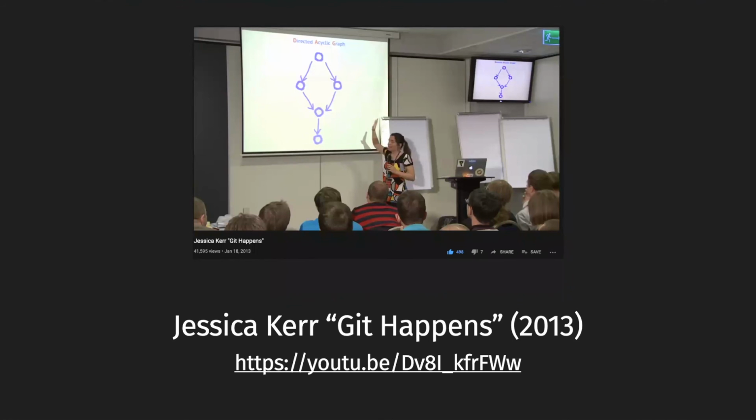I have a couple talks to recommend too. This one's by Jessica Karas. It's almost a decade old. But it's intended for people who used Subversion, which is a previous one. It goes into amazing detail about how Git actually does everything. So it combines our more theoretical approach with something a bit more like, okay, how does Git actually work internally? It's still very beginner focused, and she emphasizes a lot of the vocabulary stuff,